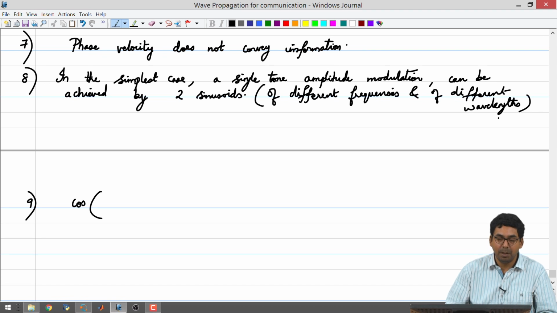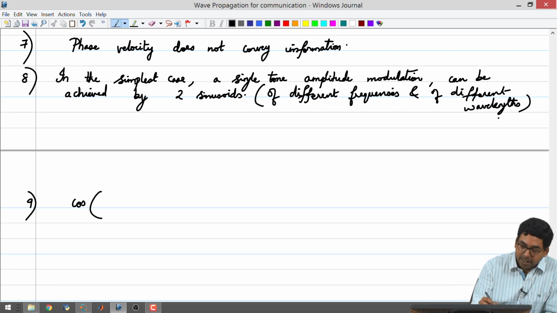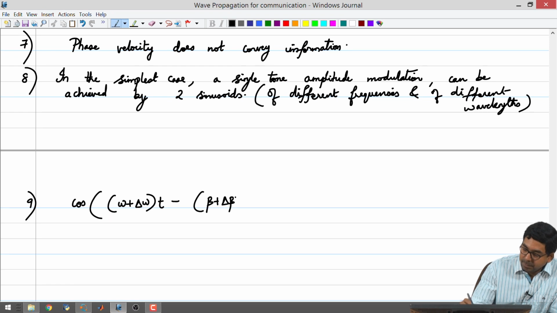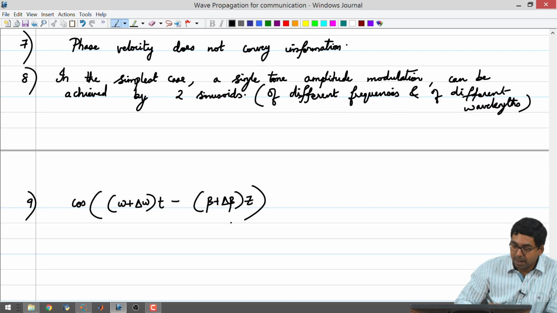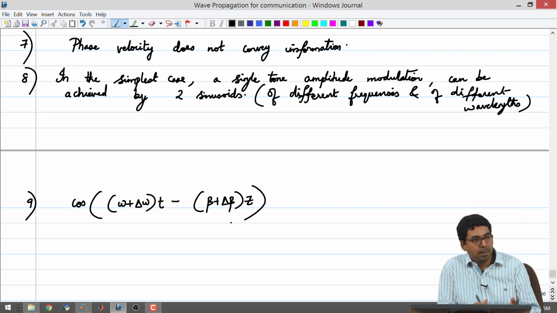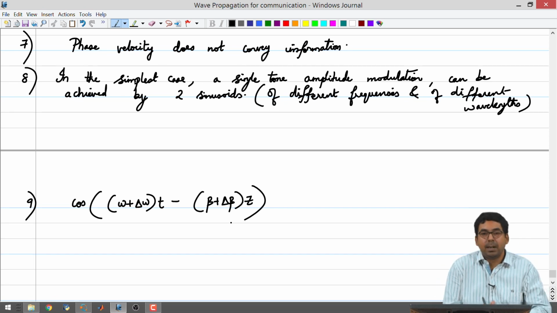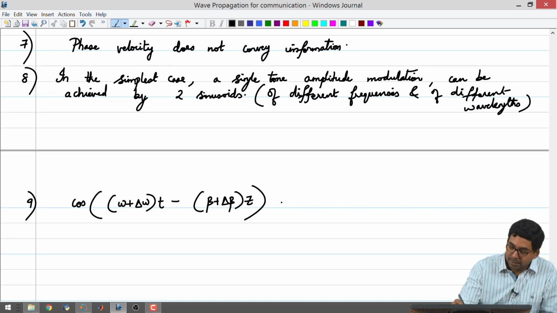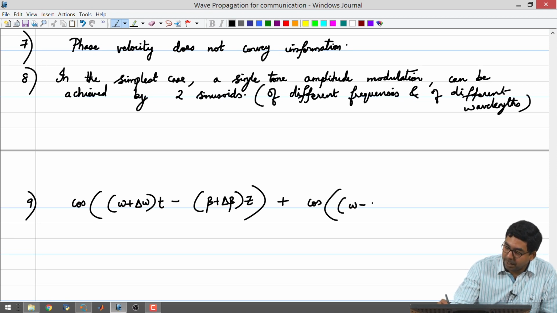So, what I am going to do is take two waves and write down the expression: omega plus delta omega times t minus beta plus delta beta z. So, I have the omega t minus beta z form. One of the waves or sinusoids that I am using can be written as omega plus delta omega t minus beta plus delta beta z. And I am going to use another sinusoid, and I am just representing it as omega